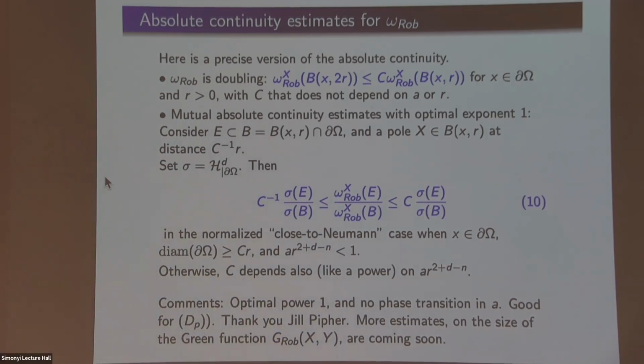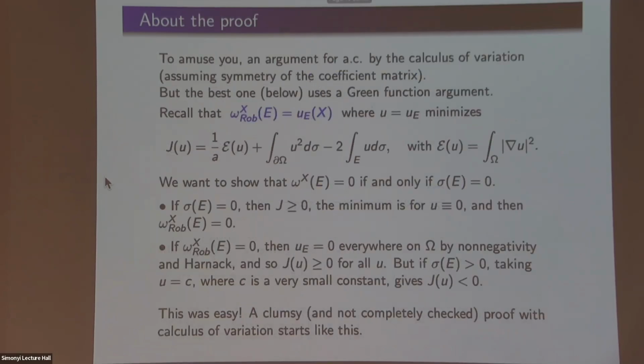Yeah, and thanks to Jill Pfeiffer, because we had a very, very complicated one. Let me give a little bit of a proof. So again, at some point, by presenting the weak solutions so badly, I can try to recuperate the story by saying that the variational thing is easier to understand. So let me give a variational proof of the mutual absolute continuity of the two measures.